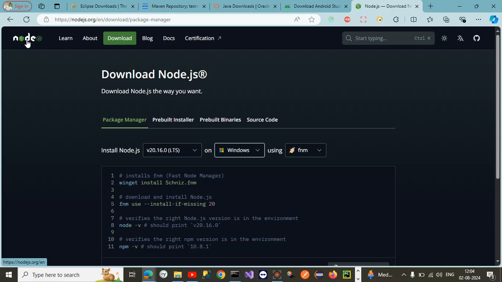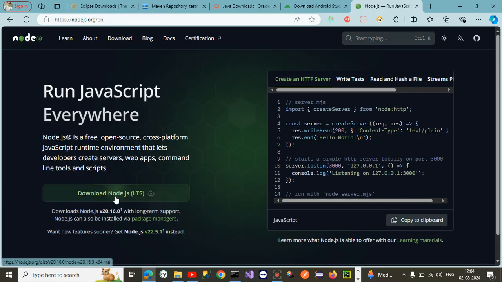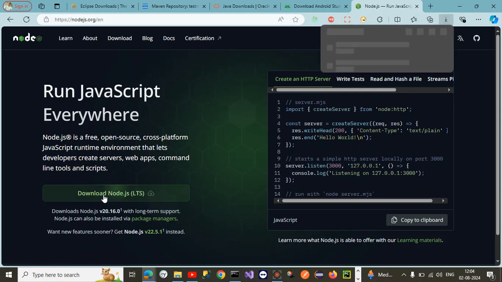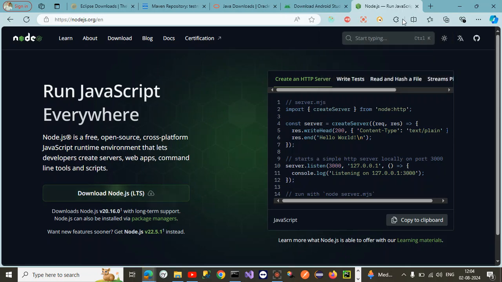Just go to this Node.js page, and over here you will get the link. Just click on it and your download will start and you can install it.